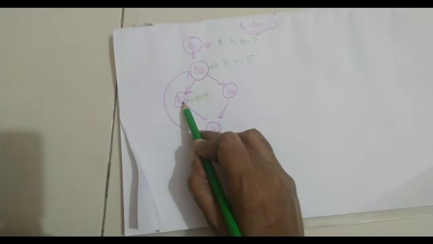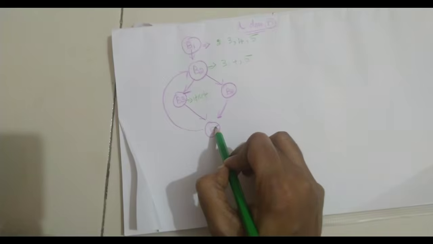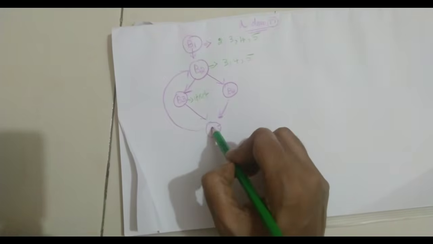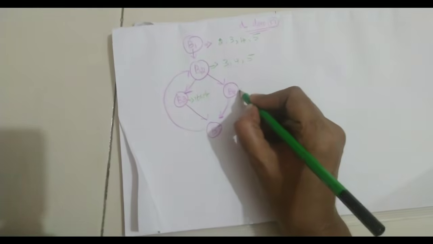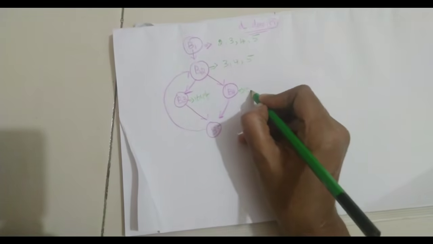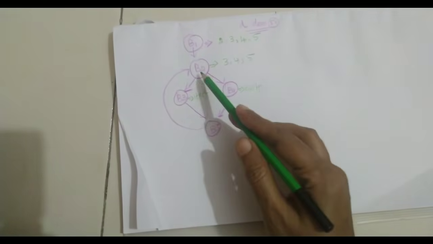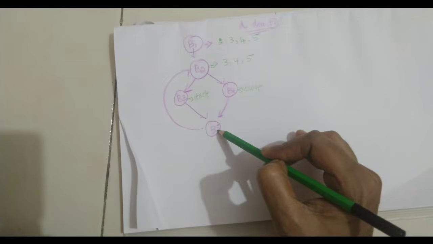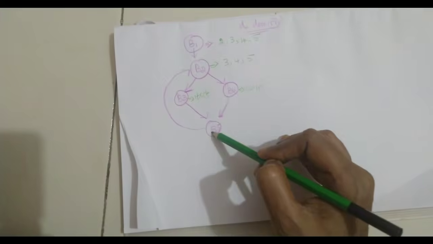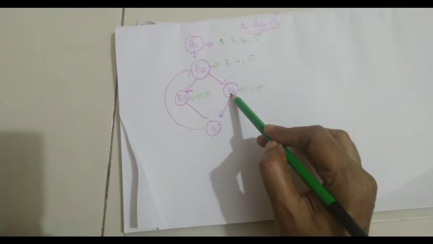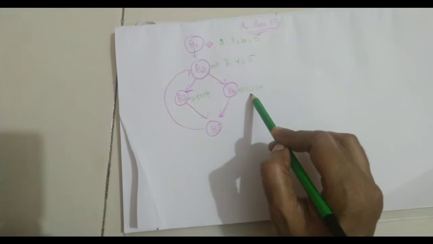Through B3 alone you have to reach B5. In such a case it is not the dominator, because you can reach B5 through B4 also. So B3 cannot be the dominator. And similarly B4 cannot be the dominator, since for reaching B5 you can reach through B3 also, without entering B4. Hence B4 cannot be taken as a dominator. So B3 and B4 are dominators by themselves.